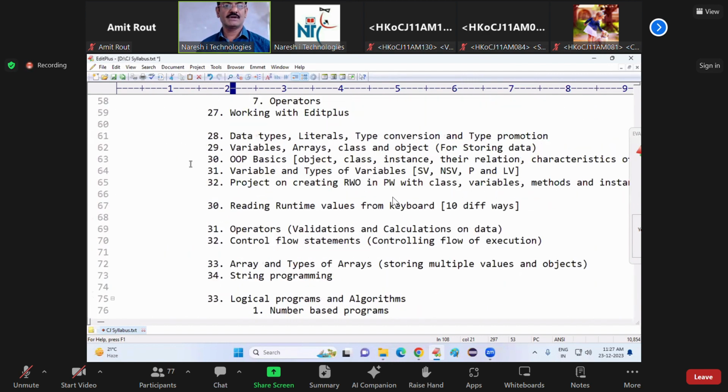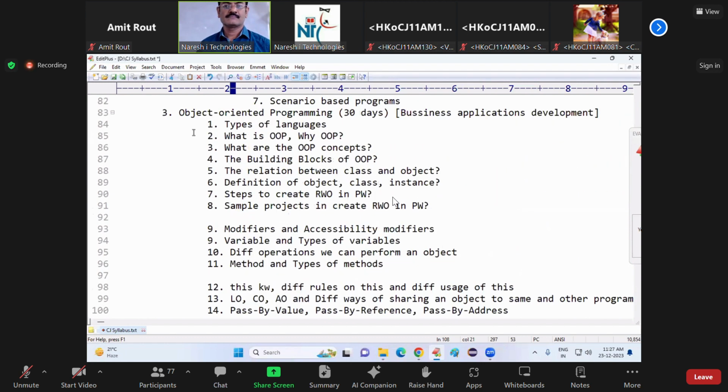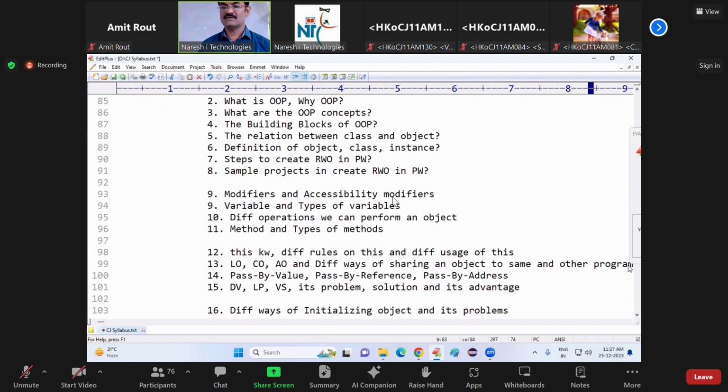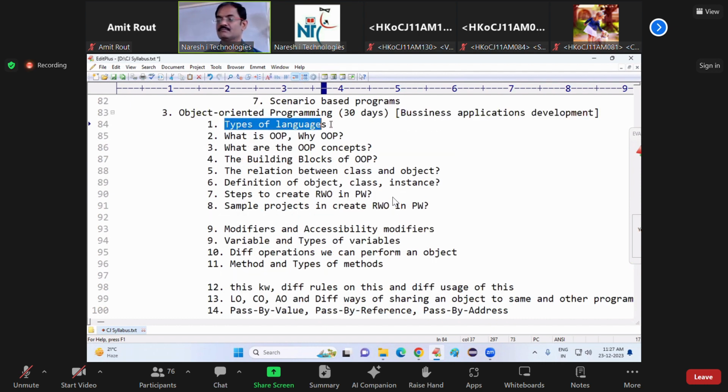So in the last classes we are trying to understand object-oriented programming. As part of this, we are developing business applications. As part of business applications development, we have completed understanding: first one is types of languages and their problems and advantages. Then we discussed what is OOP, why OOP, then what are the OOP concepts, the building blocks of object-oriented programming,